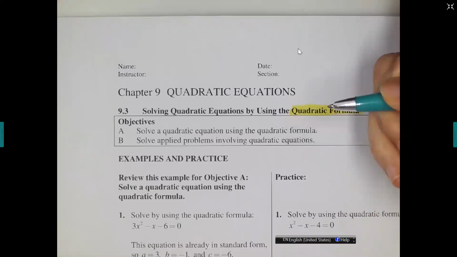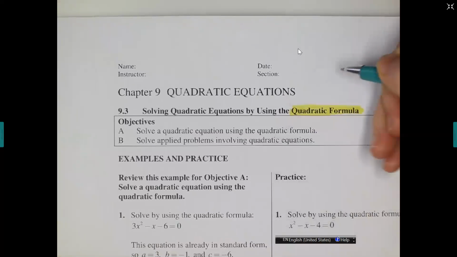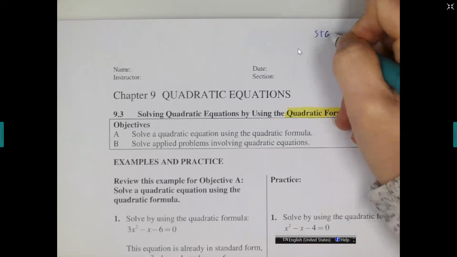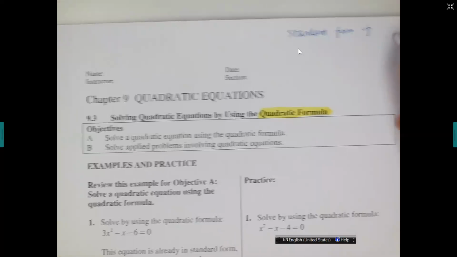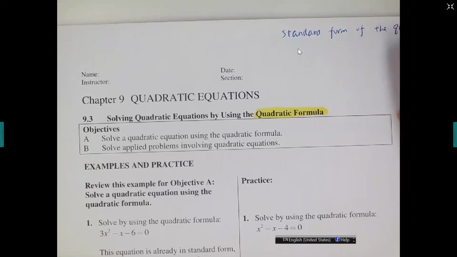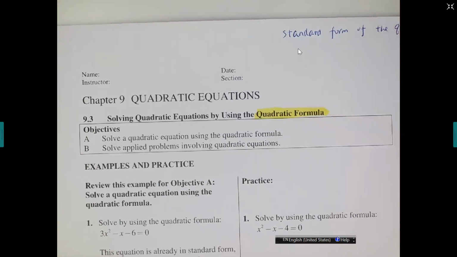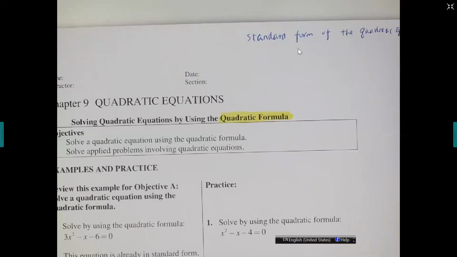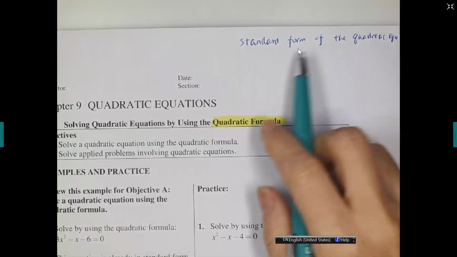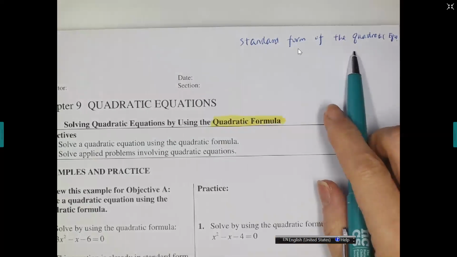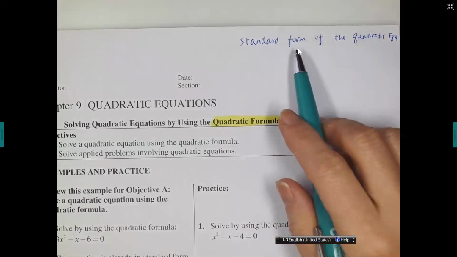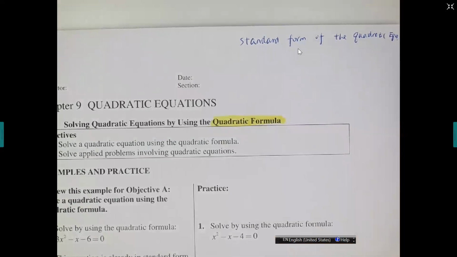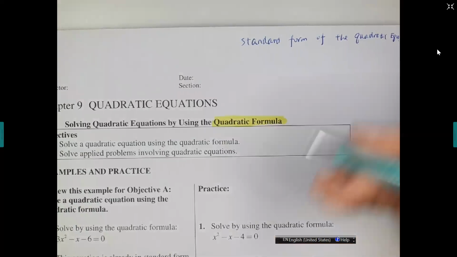Before we start, I want to go back to the very beginning of chapter 6. When we first learned the quadratic equation, we learned a terminology. It is called the standard form of the quadratic equation. What is the standard form? A quadratic equation means we have a square term of the unknown. What is the standard form of the equation? It is one form of the equation, when we write the equation in this form,